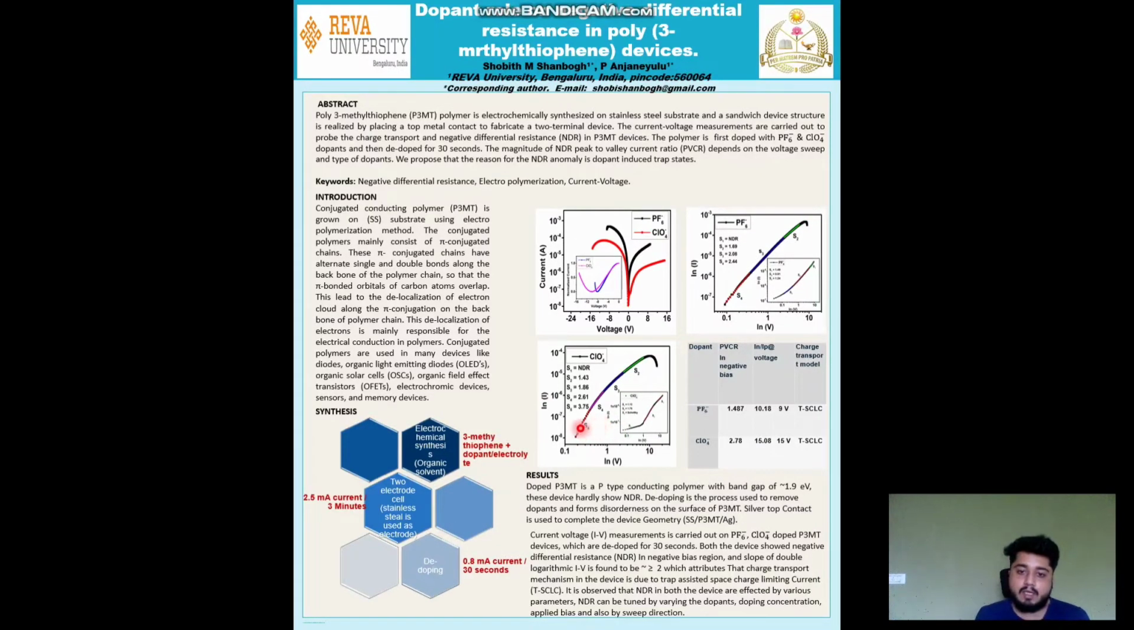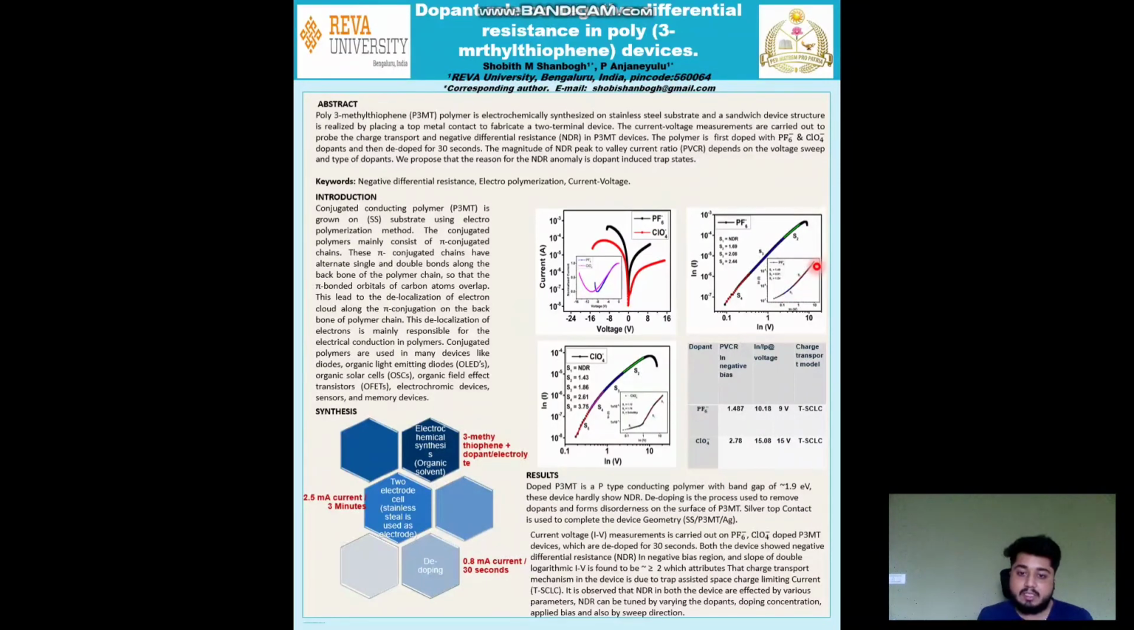Similarly, in the ClO4 device, we can see that the lower end is 3.74, which reveals that it is trap-induced space charge limited current, and at the higher end it is negative differential resistance because the slope value is negative. The inset of these two shows the IV fitting for the positive bias region,